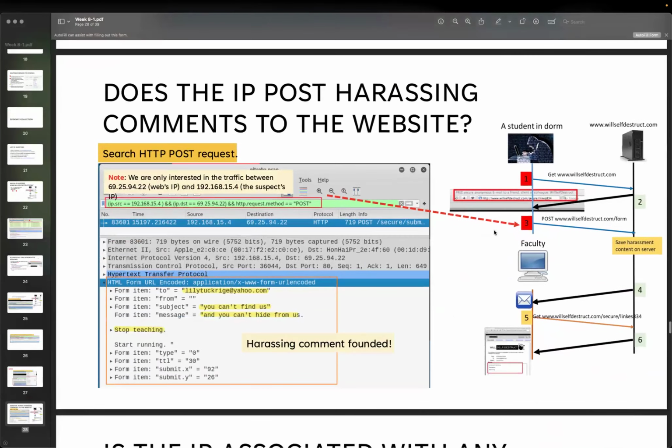After step 3, we will ask a question: does this IP post a harassing comment to the website? Then we're thinking, is this really sending some certain content? So maybe you're looking for the IP address. Right here you see, because we try to post the content, right? So which one is the source? The source should be the one who is posting, right? Posting will be from your computer, then